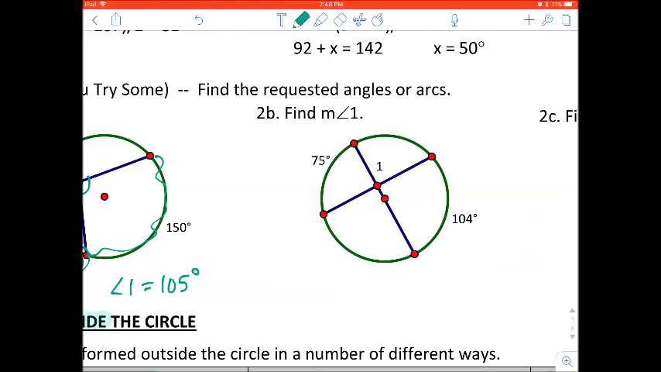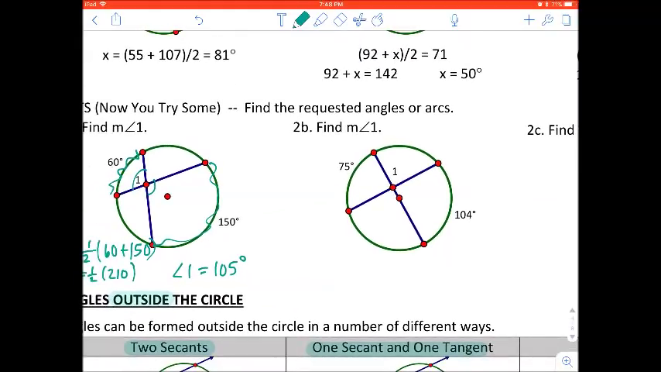If you look at the second example here, we have a similar relationship, but the angles that open up to the arcs that are given to us are supplementary to angle 1. So once we get the missing angle x, we would do 180 minus x to get angle 1. So x equals half of 75 plus 104. And so x is equal to half of 179, which means that x is going to equal